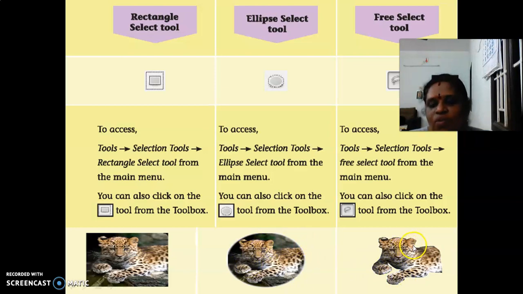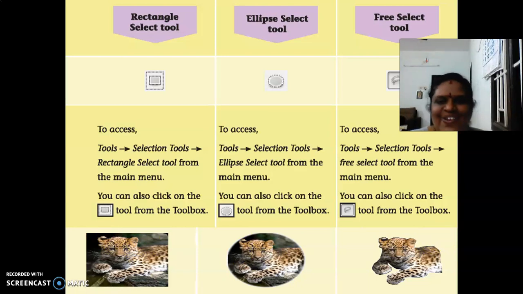So you point the mouse like this, and if you point the mouse like this, it will be selected freely. This is called free select. But you should be very careful when selecting. If you miss a small point, the free select will not be effective. You want to check the points carefully. Compared to the rectangle and elliptical tools, the free select tool is somewhat more realistic, right? Only the image is selected, not the background picture. See, these are all unwanted things, right?